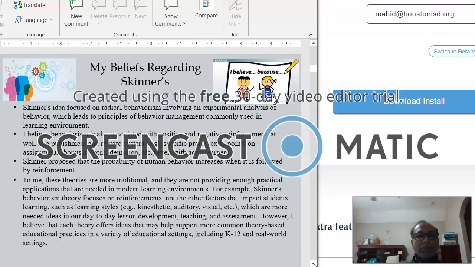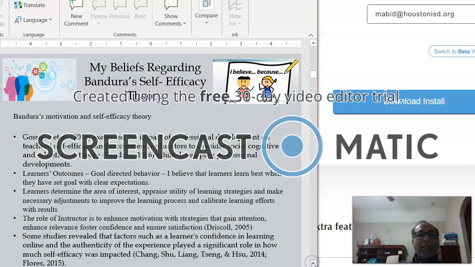In order to consider this development, I also believe that we have to understand behaviorism not only for the student but also for the adult, and we should know how adults learn. That's why Skinner's theory is also a part of my consideration in my professional development planning. And then Bandura's self-efficacy is also a part of my professional development training because the role